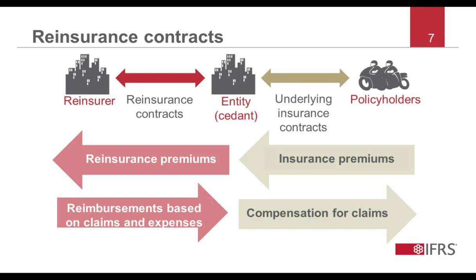A reinsurance contract held may provide coverage in respect of a single underlying insurance contract or a group of underlying insurance contracts issued by the cedant. A reinsurance contract that protects the cedant for claims arising from more than one underlying insurance contract is known as a reinsurance treaty. Some reinsurance contracts require cedants to pay a proportion of the premiums arising from the underlying insurance contracts to reinsurers, and for reinsurers to reimburse the same proportion of claims to the cedant. This is known as proportional reinsurance.